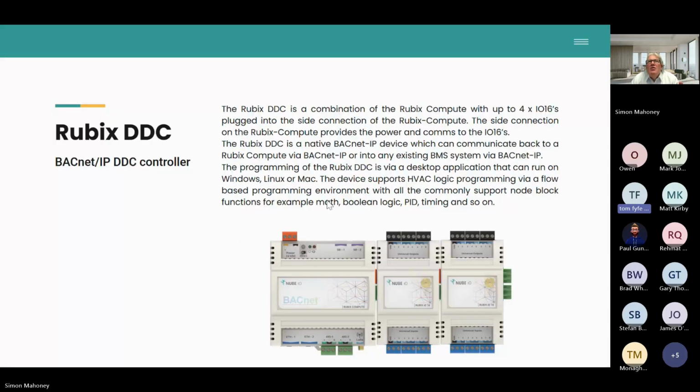So the Rubik's Compute, which is the device on the left, and I'm going to break this down and describe the products in more detail shortly. It's the fundamental processing engine. It's where we bring all the data in, in terms of inputs and outputs, and we process it. We do scheduling, we do trend logging, data history logging. We translate it into other protocols, and we push it to cloud, and we push it to BACnet IP to the existing BMS. So that's the core area, and then you can see on the right we have I/O modules,